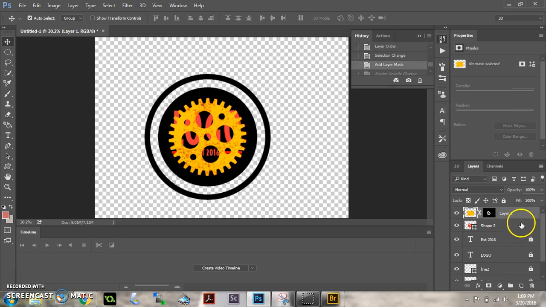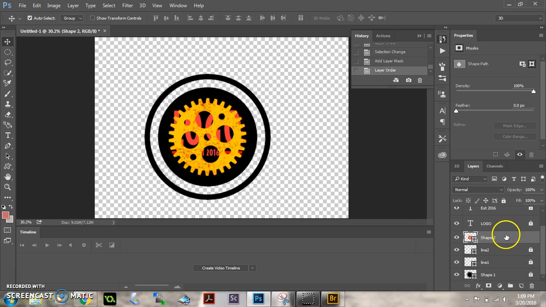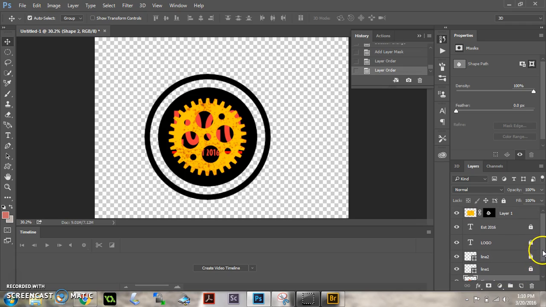Okay, now the task is to get this gear under the words and under the logo. So these two layers have to stay together in order for it to work. So what you're going to have to do is just keep dragging them down in between the layers. We want them under the logo, we want it under the lines, but we don't want it under the shape, so we'll stay right above the shape. Whatever is on top is going to be what's on top of the image, and what's on bottom is literally at the bottom. So as you go down this list, the thing that we want at the very bottom is going to be the black, and we want at the top the red words. So down with this layer,